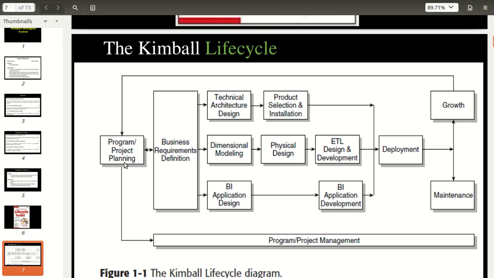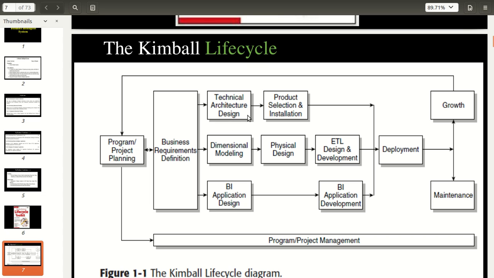You can check here. This is the first track, which is programming. The first step of the Kimball life cycle is program or project planning. Next, you have to collect business requirements, like an SRS, meaning you have to define the business requirements. Afterwards there are three tracks.